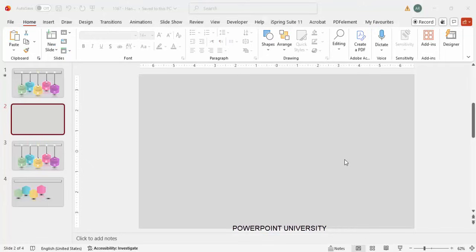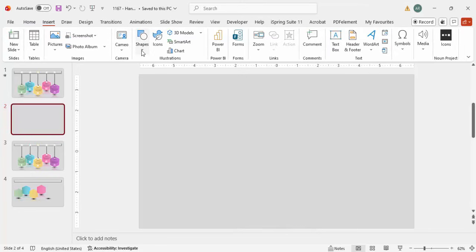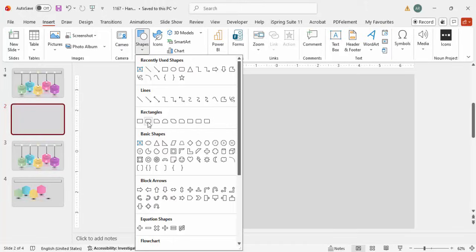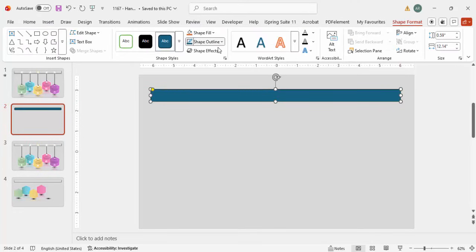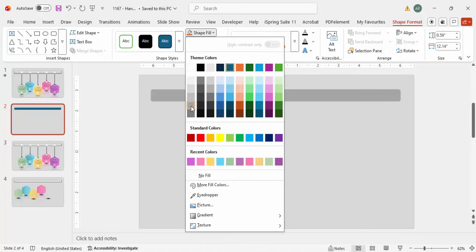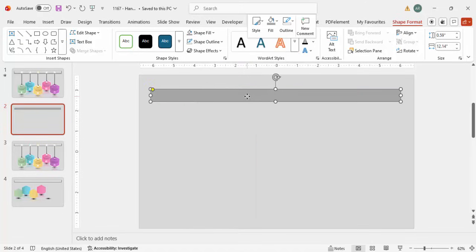Add a new slide and change the slide background to any light gray color background. Then go to Insert, click on Shapes, select the rounded rectangle, draw the rounded rectangle, this much size. Shape outline, make it no outline, and shape fill, I'm going to make this as a kind of gray. Then right mouse click, go to the format shape,